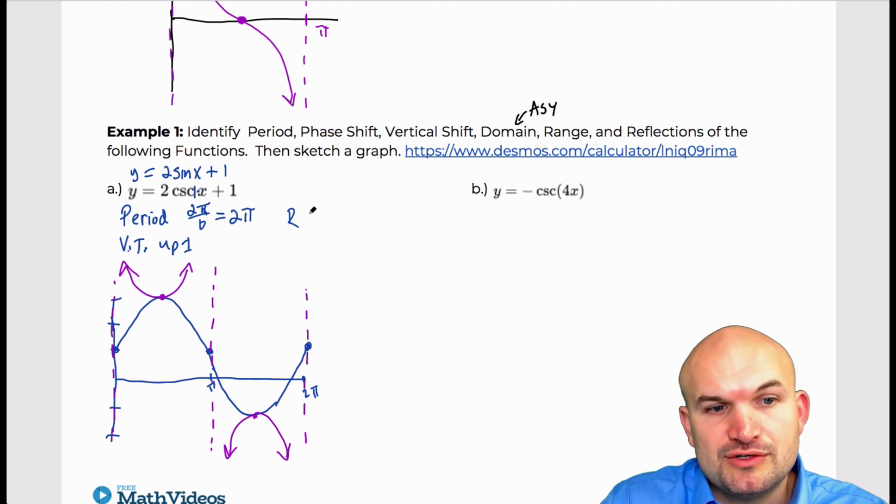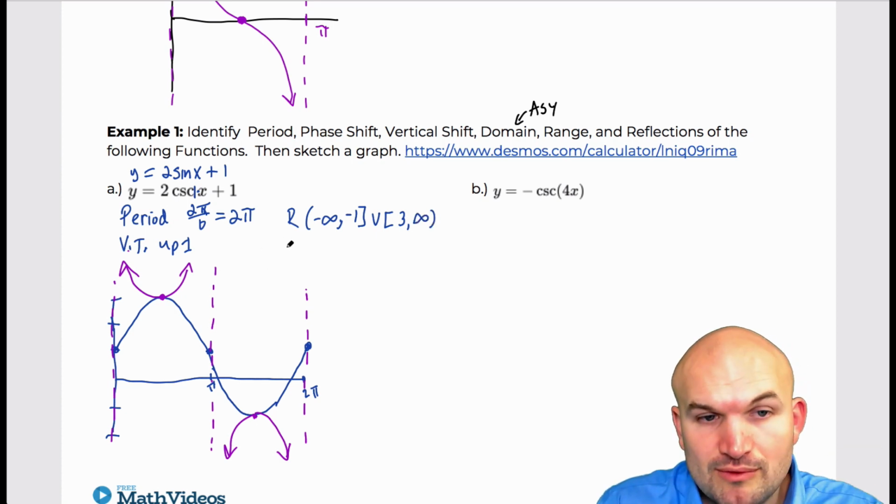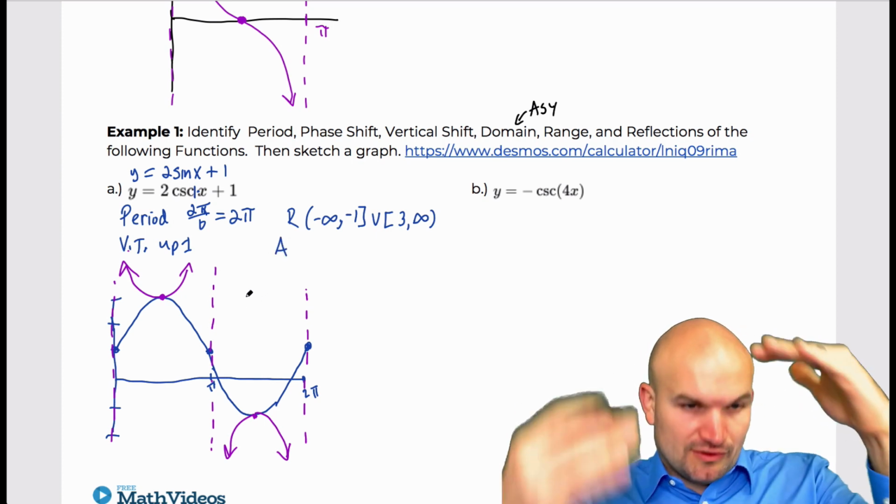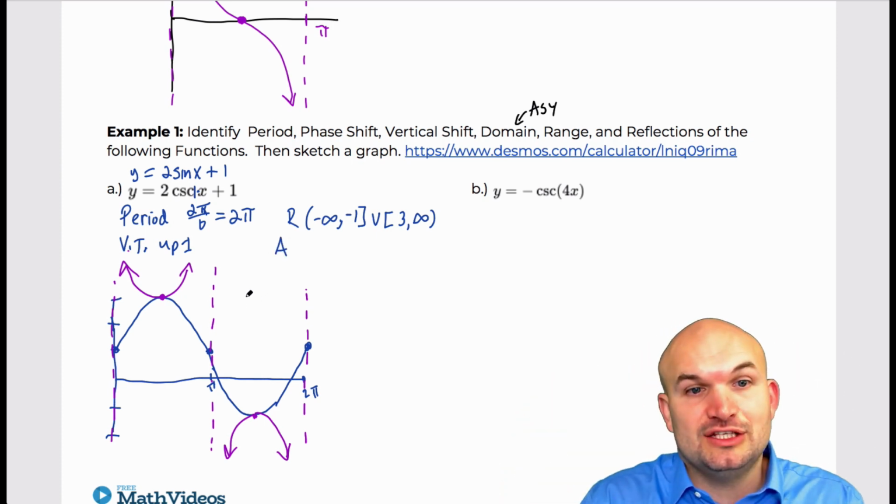The range here is going to be from -infinity all the way up to -1. That is included, union 3 to infinity. Now, when looking at the domain, what we're going to want to do is identify the vertical asymptotes. So we can see that, if this graph was shifted back down, we can see the general